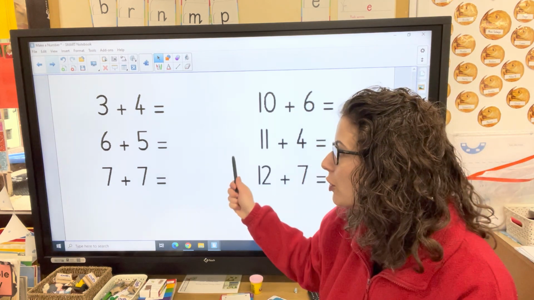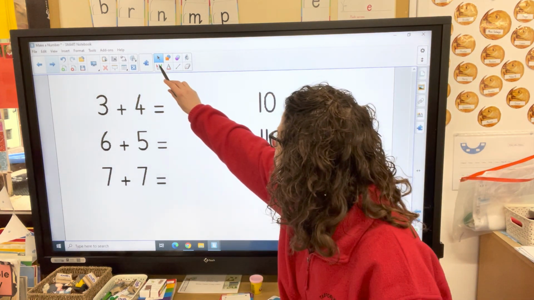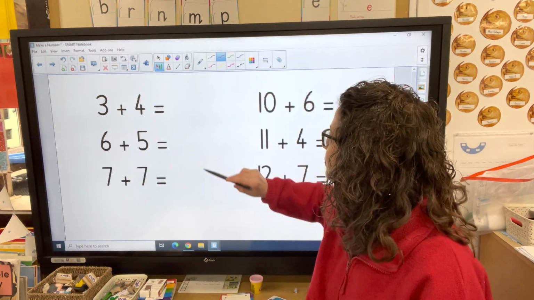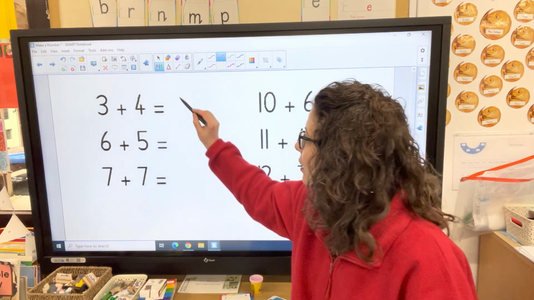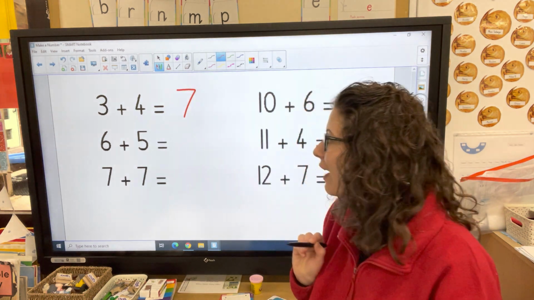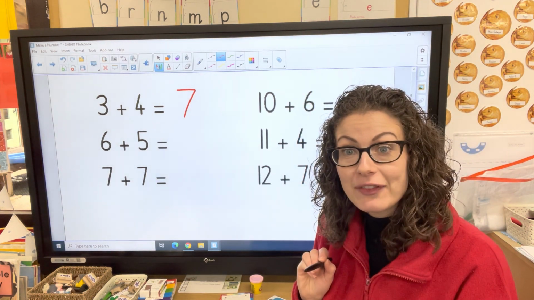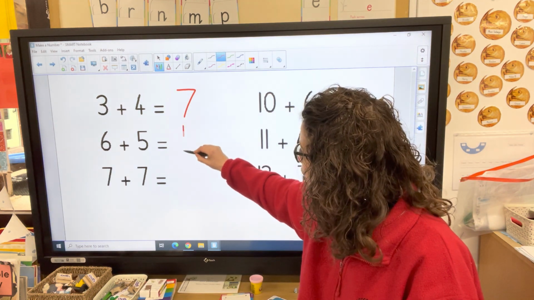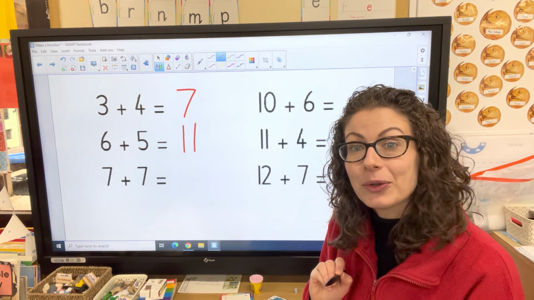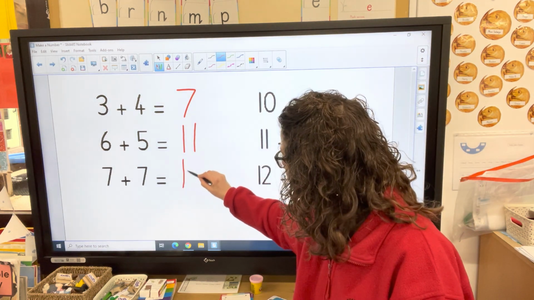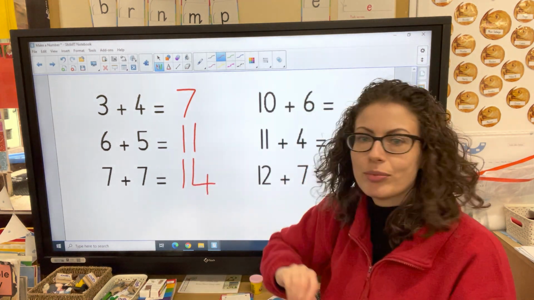Welcome back. Super. So you should have got, for the first one, 3 plus 4 equals, brilliant, number 7. Fantastic. 6 plus 5 equals number 11. Okay, brilliant. And 7 plus 7 equals,